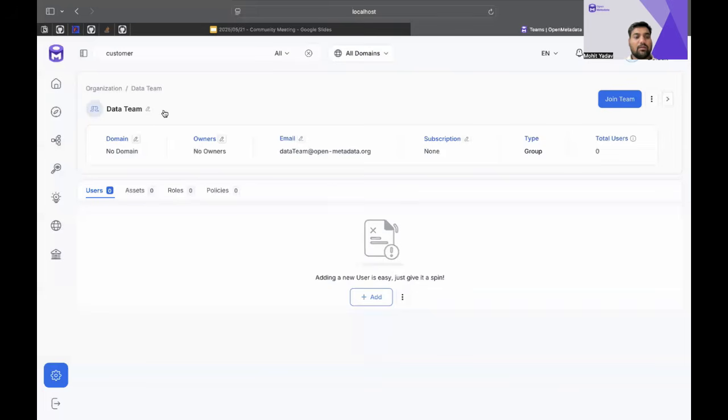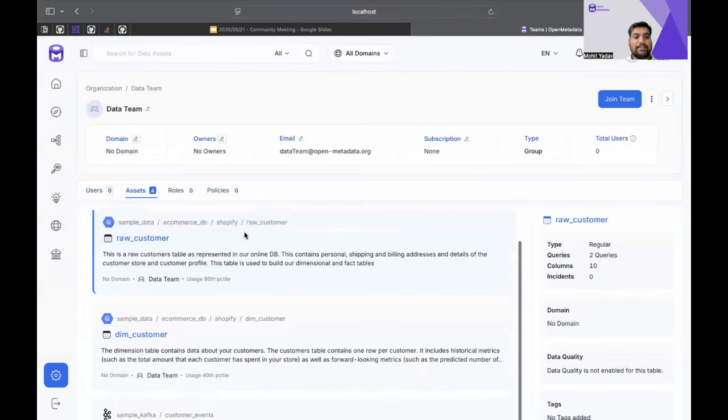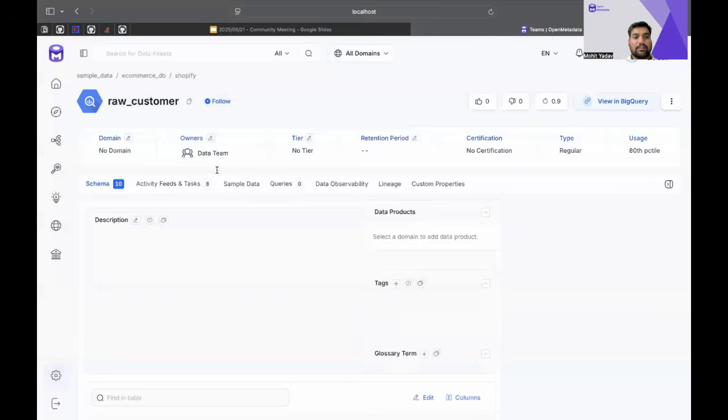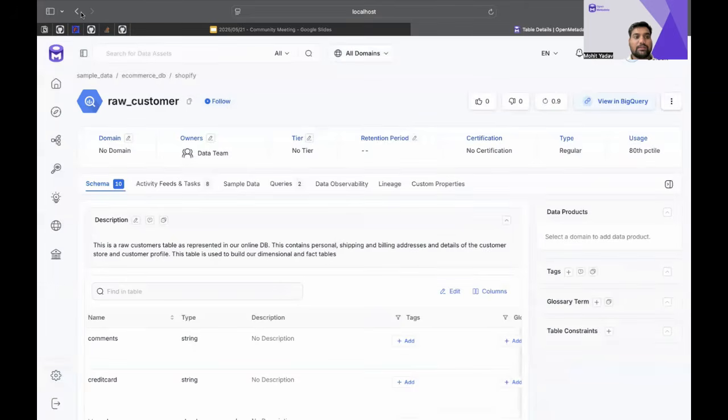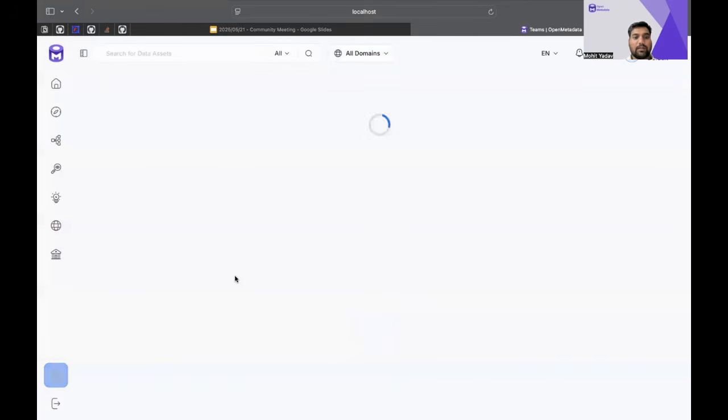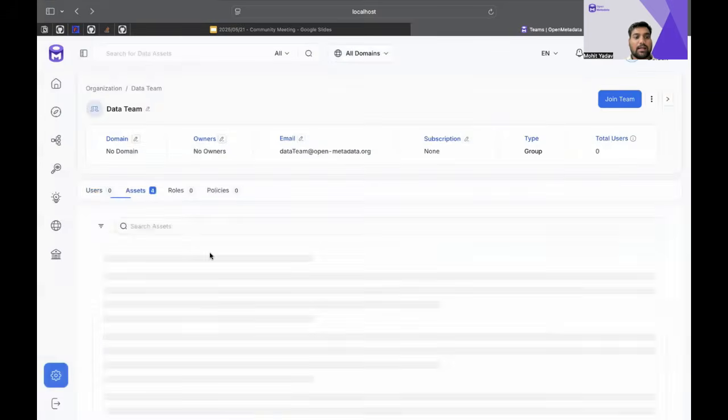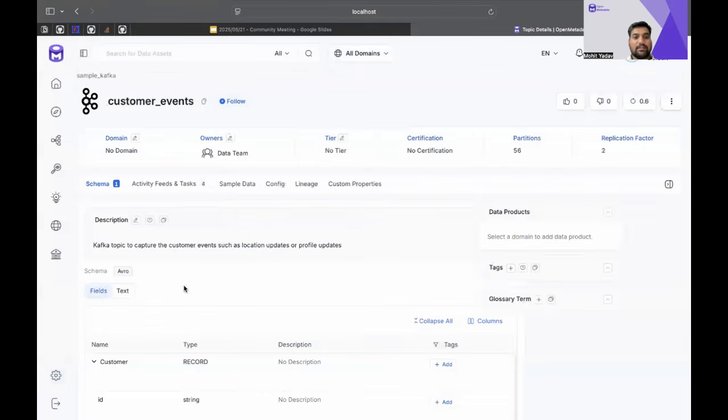So if I head over to data team now, it earlier had 0 assets, but as you can see, it starts populating now. Raw customer has an owner, which is data team. Same goes for dim customer and customer events.